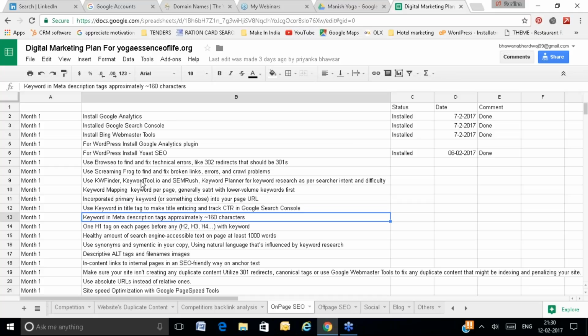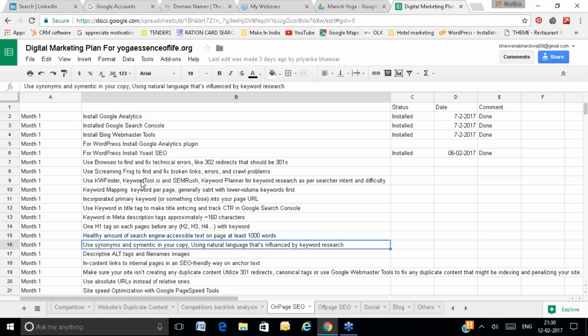Then the keyword in the meta description, again 160 characters. You will write a 160-character meta description, but make sure that the description is meaningful, grammatically correct, and increases your number of clicks in the Google result. You will use at least one H1 header tag, that is, the page heading should be in the H1. If you have paragraphs or listings, your paragraph heading must have proper headings, and you may use the keyword in the headings H1, H2, H3. You make your content well formatted, scannable and readable.